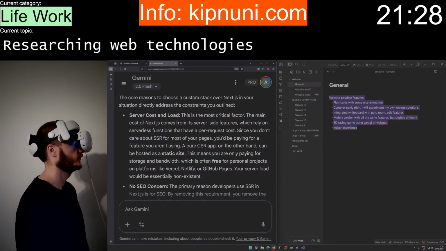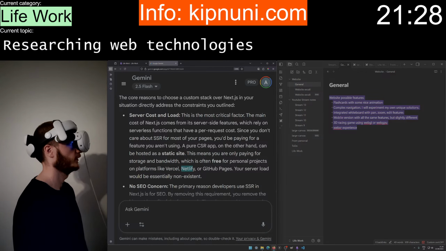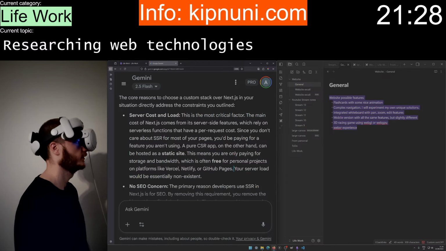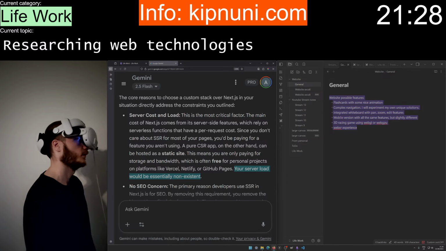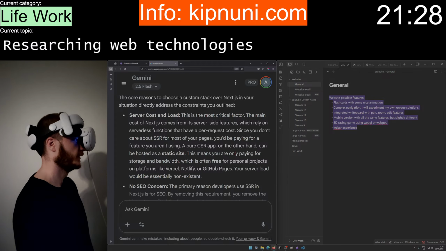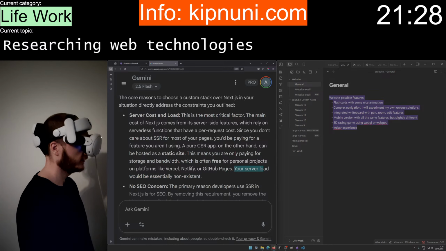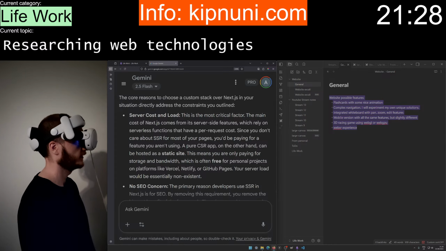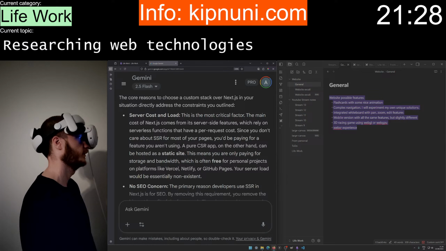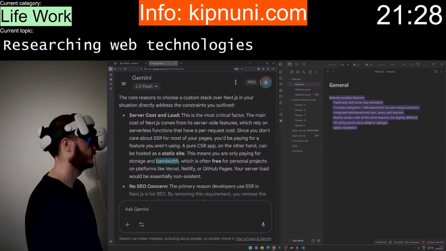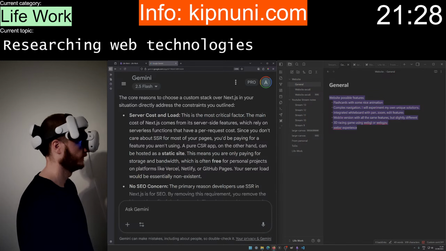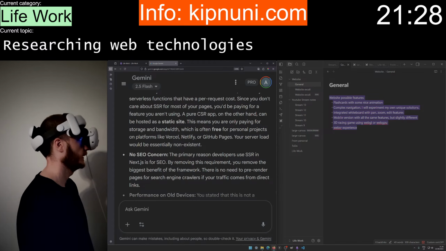Free for personal projects. Essentially non-existent. Well, it wouldn't be non-existent. Well, actually, yeah, server load, but the bandwidth. If I had like 100 gigabytes of stuff there, then...